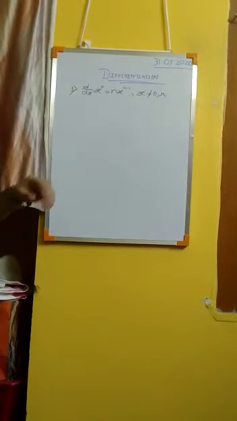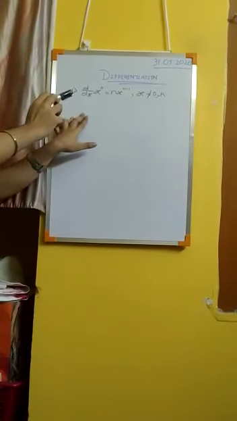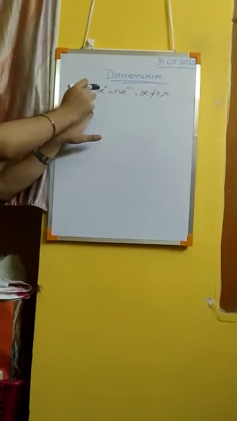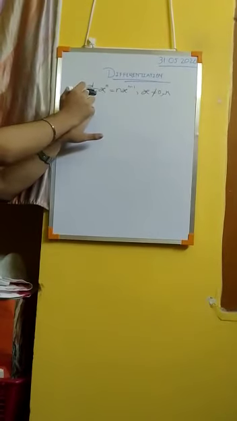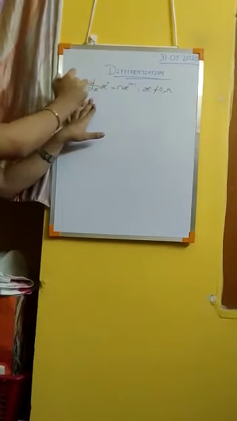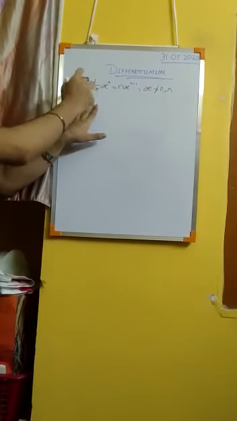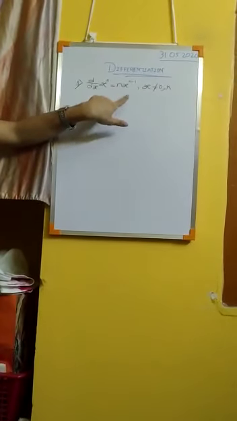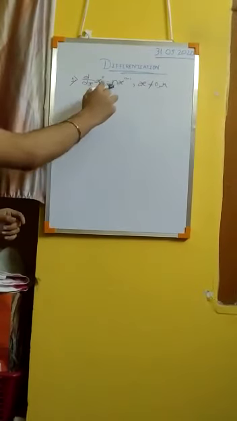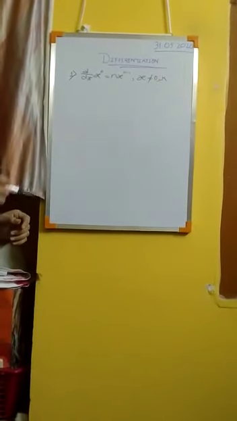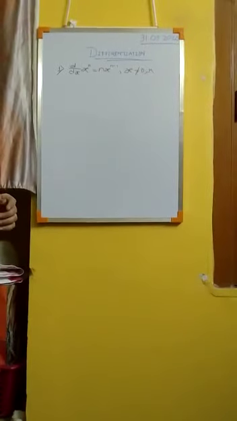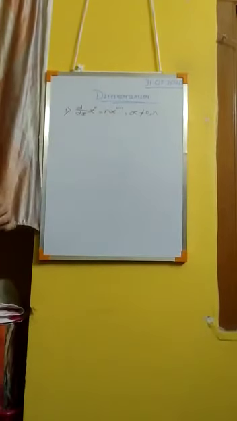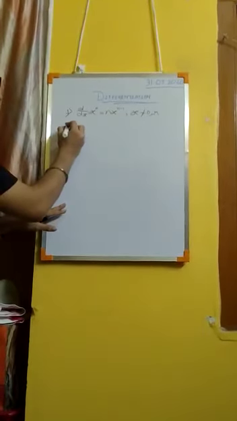So d/dx signifies the change of x to the power n due to change in x. We don't say it as d x to the power n by dx, because this is a notation. So the first formula is d/dx of x to the power n equals n x to the power n minus 1, where n is any integer, rational number, natural number, whole number, or anything else. First application of this formula: let's find the differentiation of